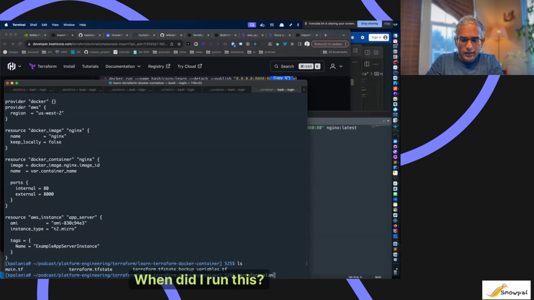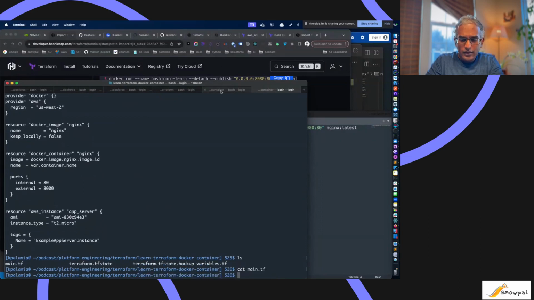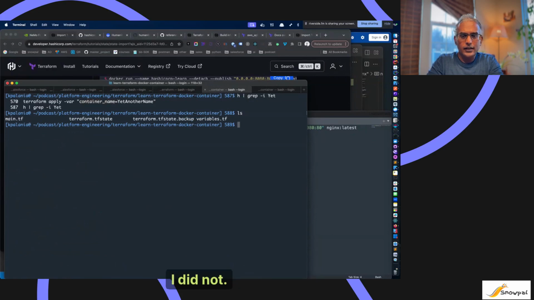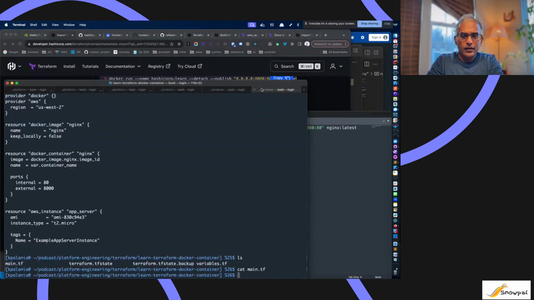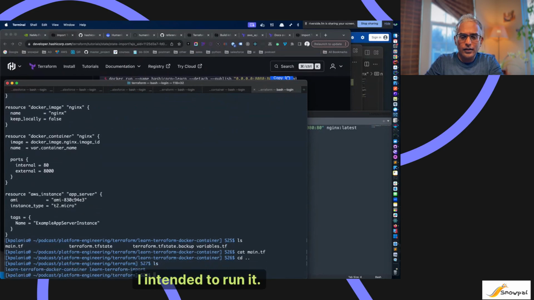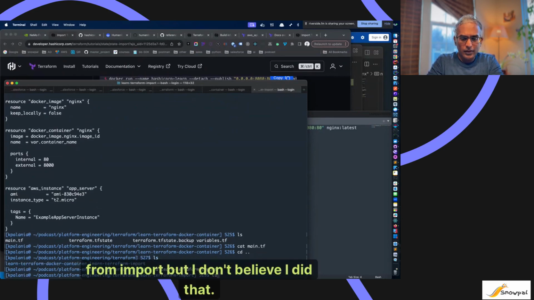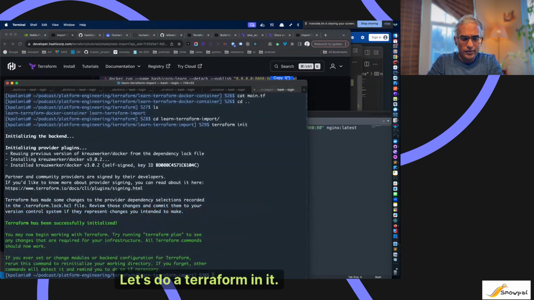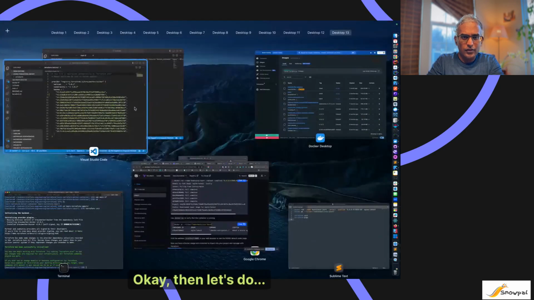Hang on, did I run this? Oh, I think I ran it from the wrong place. I intended to run it from the import directory, but I don't believe I did that. Let's do a Terraform init. Okay, then let's do